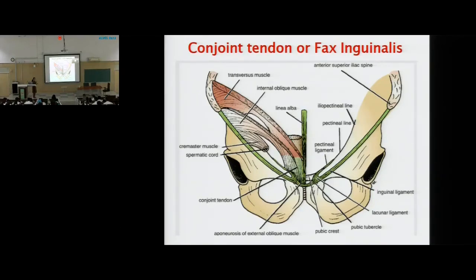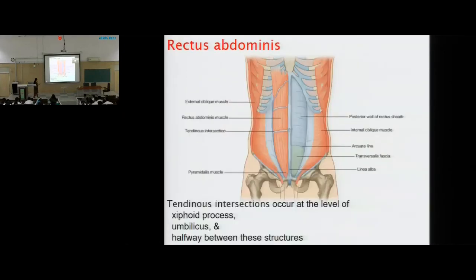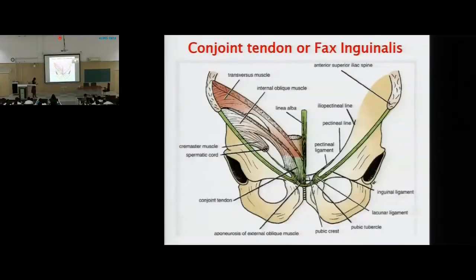External oblique aponeurosis. Let me see, I have another diagram in this. External oblique aponeurosis folded upon itself to form the inguinal ligament. Yes. उसके बाद these fibers got stretched in this area so as to form the superficial inguinal ring. This is the superficial inguinal ring, ठीक है. Okay. Now ये superficial inguinal ring है.